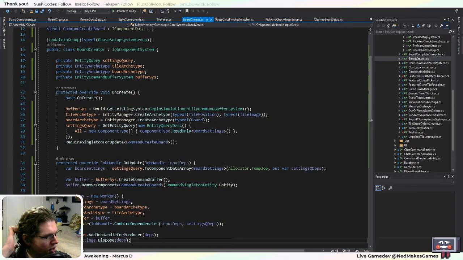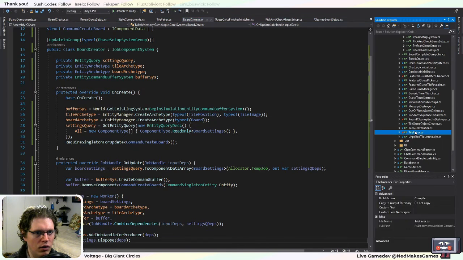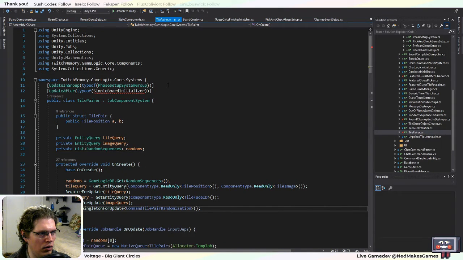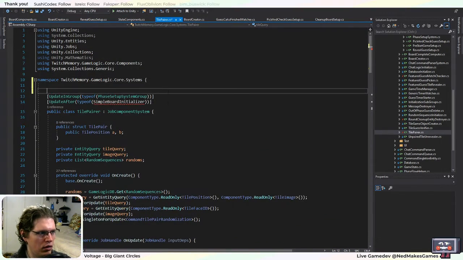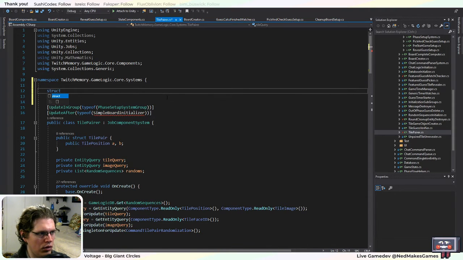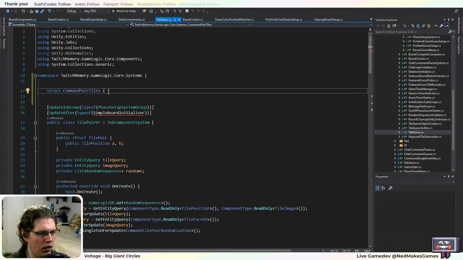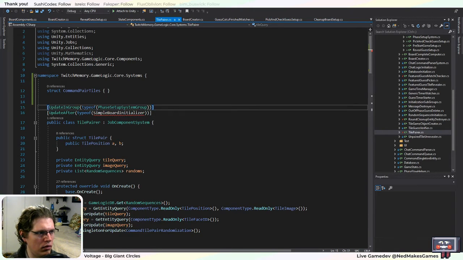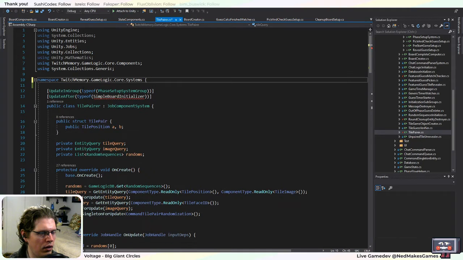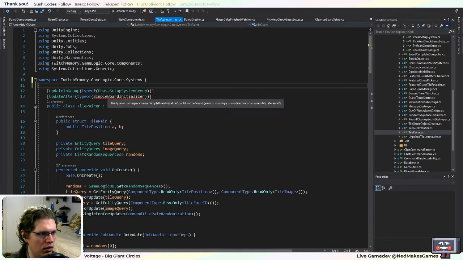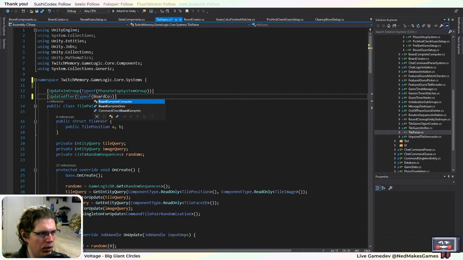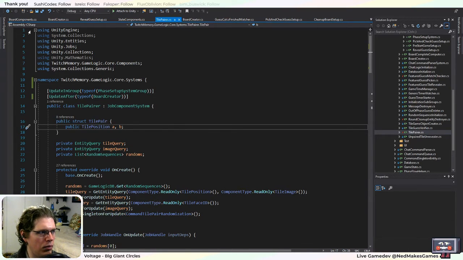Well, I was going to say, should I test it? But I think right now the game would be kind of broken if I did. So this tile pairer also needs to have a command. So let's see. Struct command pair tiles. Oh, I already have this. I guess it can update after. I don't know if it will actually matter because of the post-update commands, but